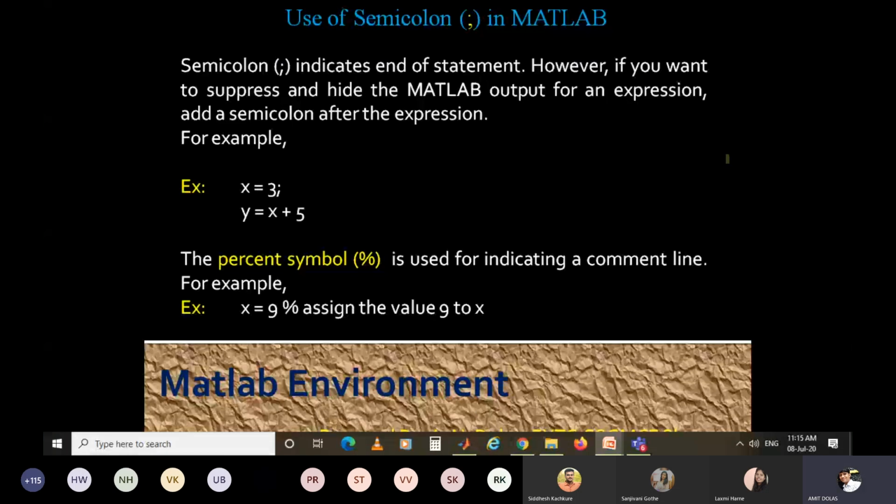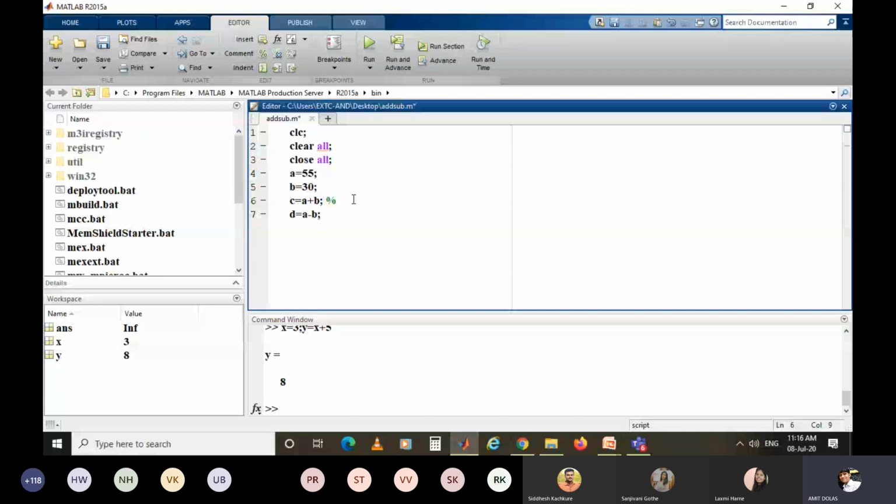The percent symbol is used for indicating a comment line. For example, if I'm writing x is equal to 9, then after the percent sign I write: assign the value 9 to x. So that is for commenting in the program. Like I have a program here, and after the command I may write a percent sign and then write: this is addition.